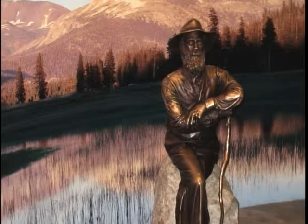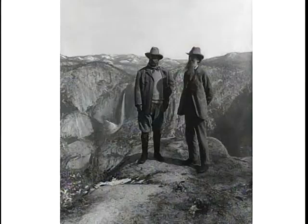And meanwhile, Yellowstone National Park had been created in 1872 in a territory which didn't have a state to hand over the responsibility to. So that became the first true national park. It was run by the federal government. But then the Yosemite National Park was created, and then